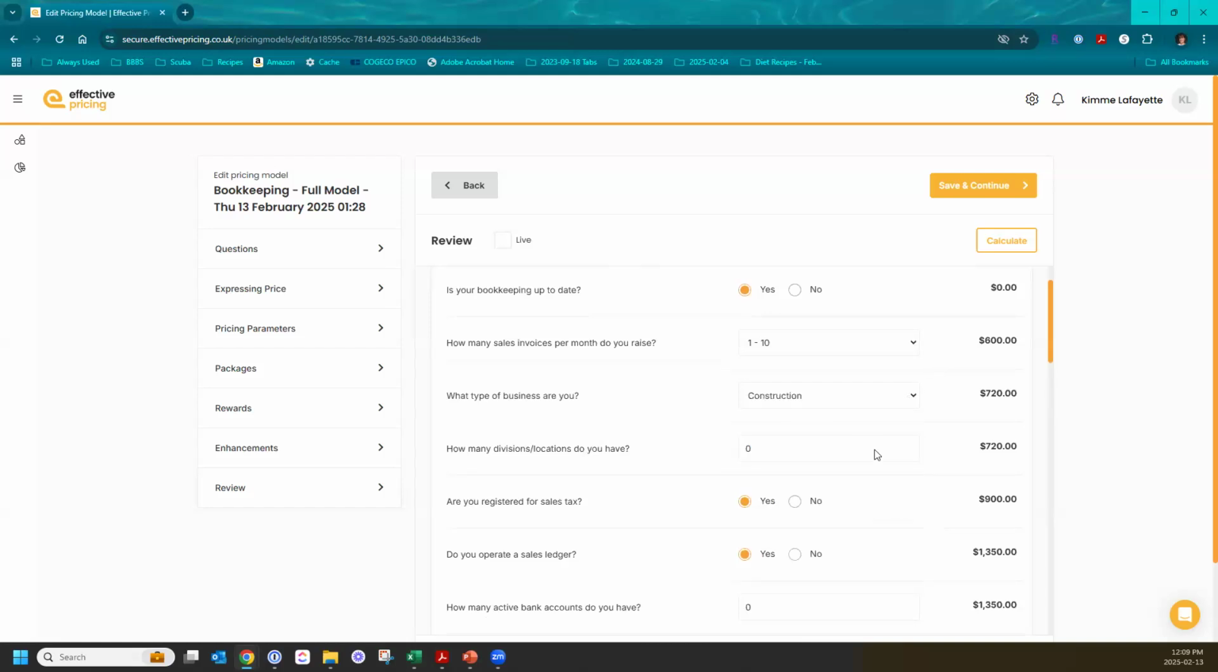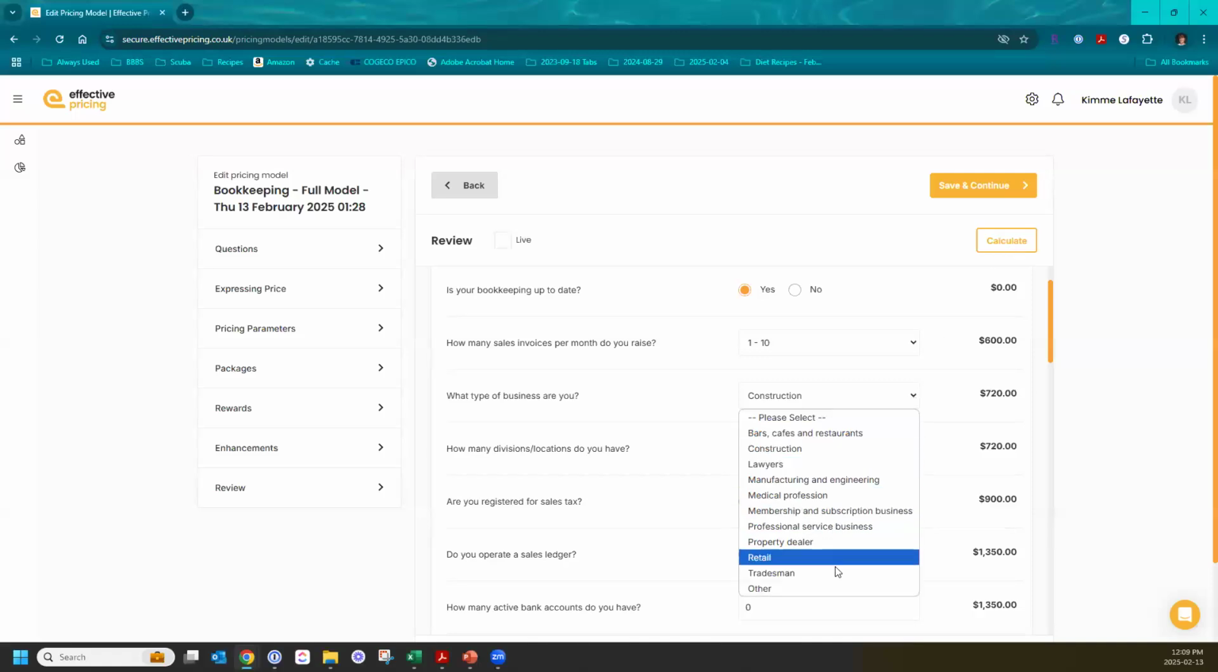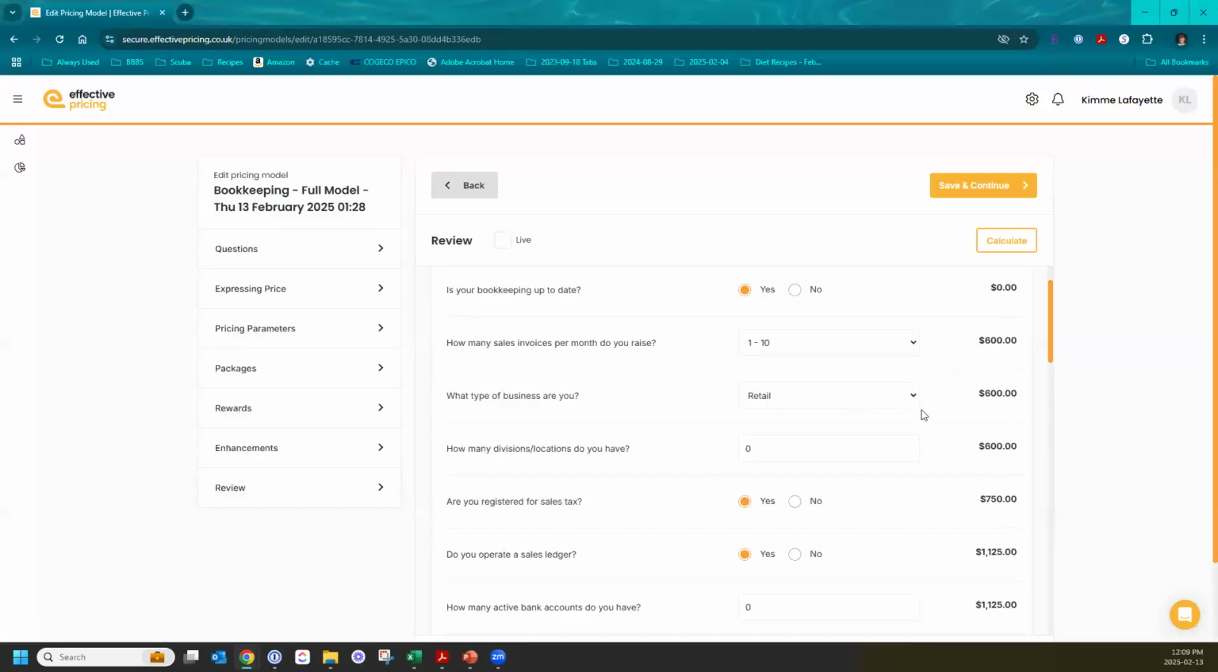If they choose another field here, let's say lawyers, click on calculate. I must have the same price for lawyers and the same price for construction. Okay, retail has a different price. You can see retail doesn't have the 20% increase, so my price is still the same. If they have 2 divisions and I answer that question and calculate,